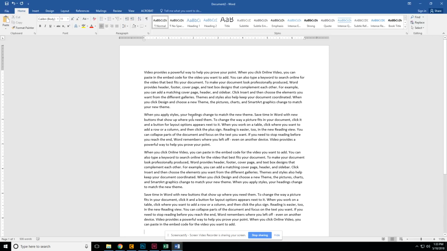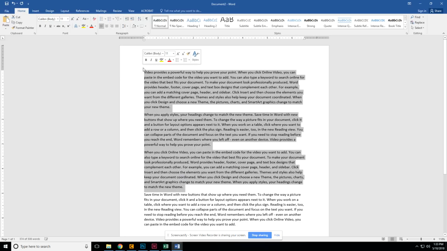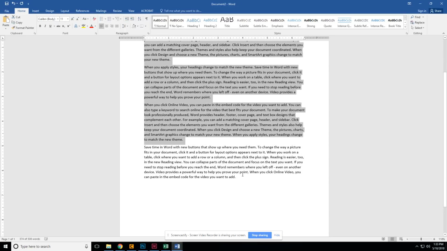We're going to use this random text just to format. So it's just text that will allow us to put it in columns and make some changes to it. So highlight the first 3 paragraphs. Leave the last one not highlighted. And go to Layout,